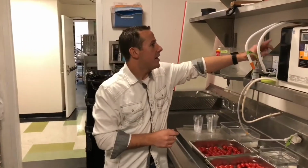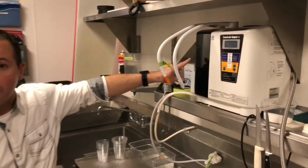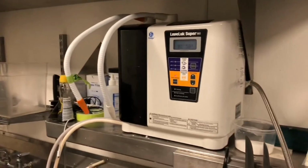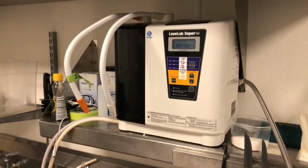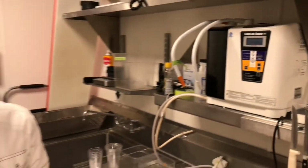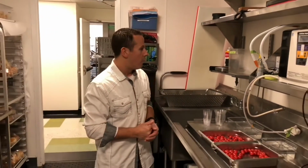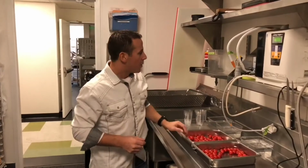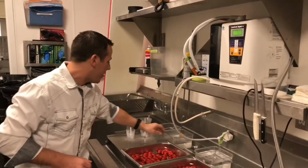Okay, so now we're in the back, and we're just going to show you how this technology works. Right here we have the Enagic Leveluk SD501, and this actually produces 7 different pH levels of water that have all kinds of uses, many of which Chef Jason talked to us about earlier. And one of them that we're going to show you right now, if I press this button here, what's actually being produced by this device is